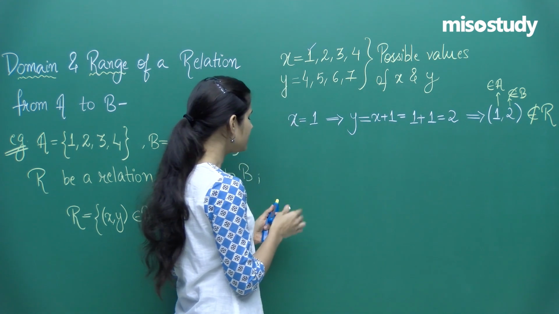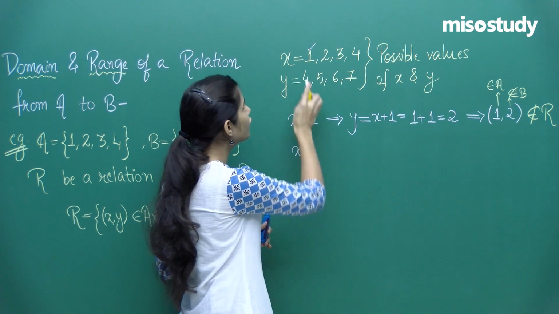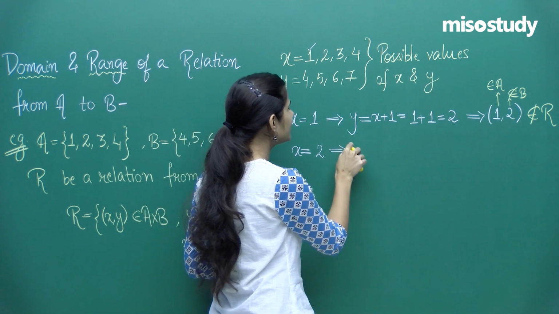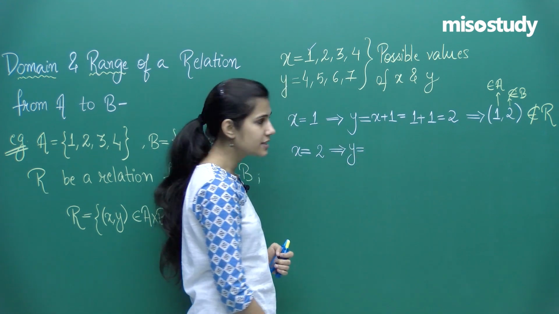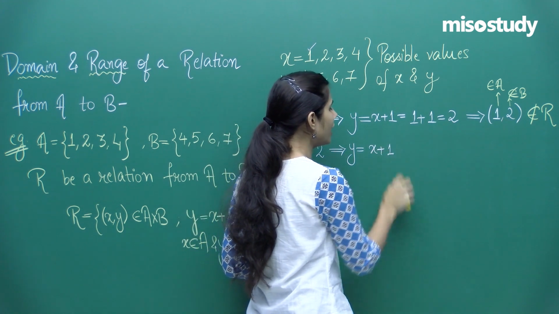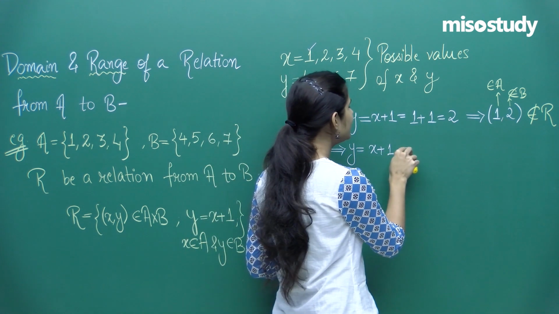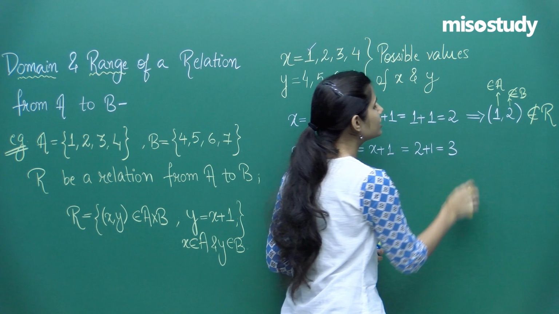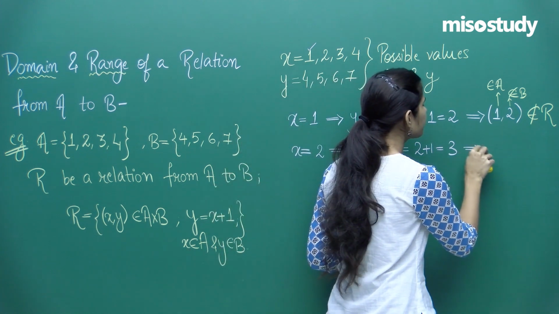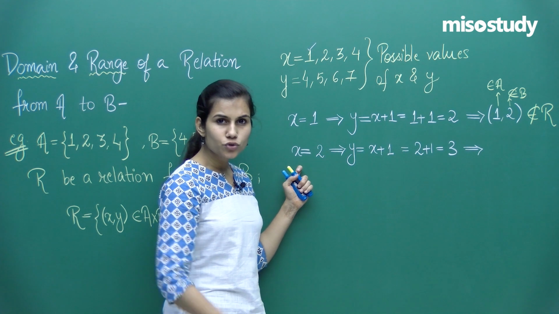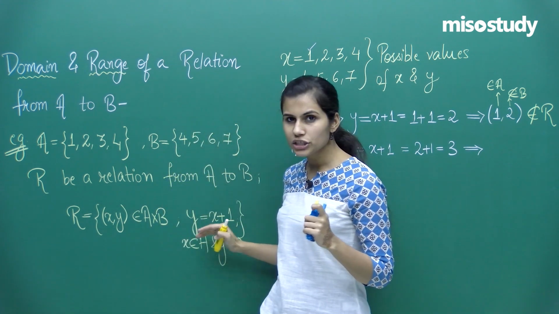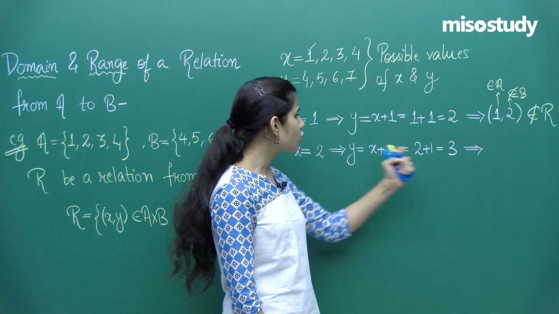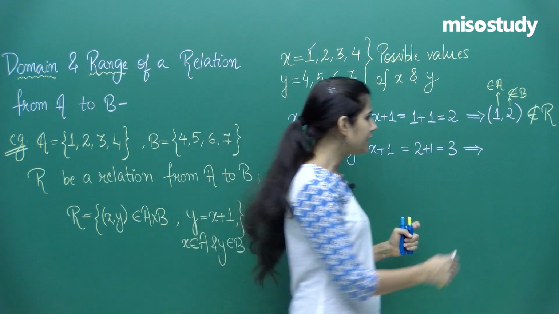Moving to the next element, which is now x equal to 2. The next possibility for x, what is it that I am going to obtain my y as? Y is given to be x plus 1. That is what I am interested in. And for x plus 1, when x equals 2, it gives me 2 plus 1 which is 3, and therefore when I take x equal to 2, the y that I am obtaining by this particular rule has to be equal to 3, thereby giving me the ordered pair (x, y) or (2, 3).